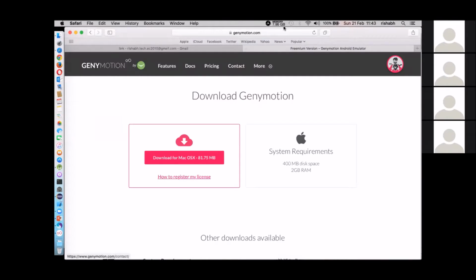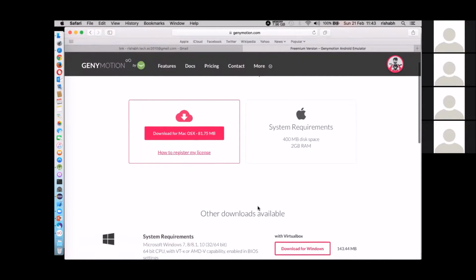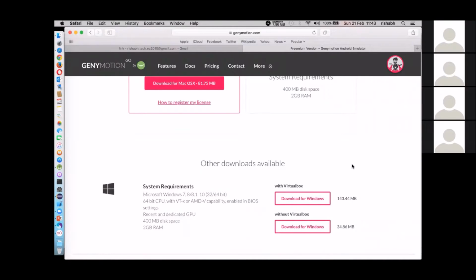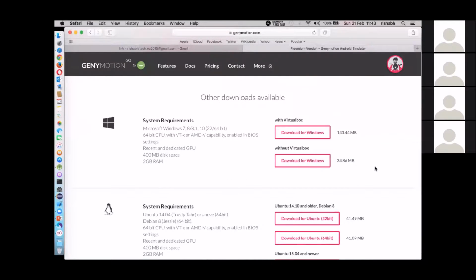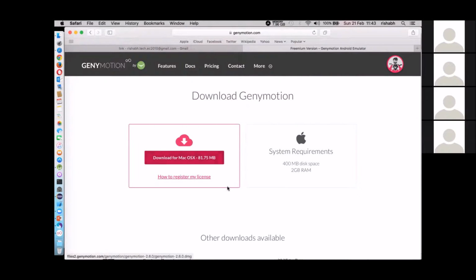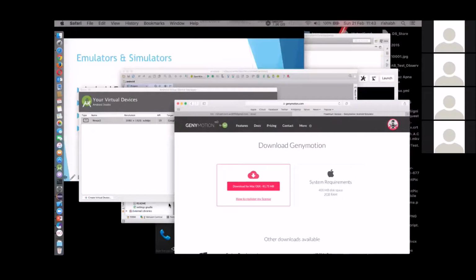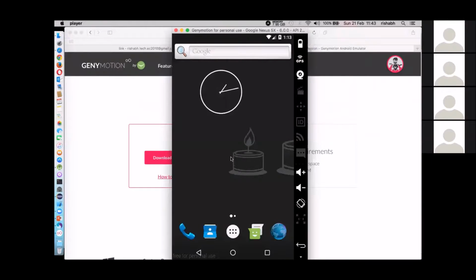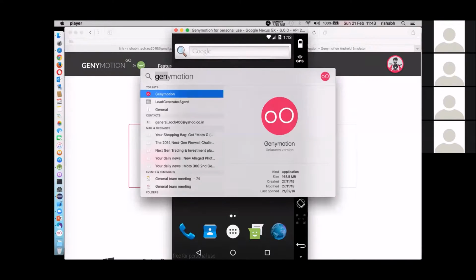So going to the site genymotion.com/download, you just create your sign up with your email ID or whatever. You can download the free version of Genymotion. It is also working in the same way as the default Android emulator. Fine. It is available on Windows, Linux, and Mac. Currently I'm on a Mac machine, that's why it's showing me the download option for Mac OS. So once I download, I will have an emulator like this. Fine. Before that, I will just show you how the Genymotion interface looks.